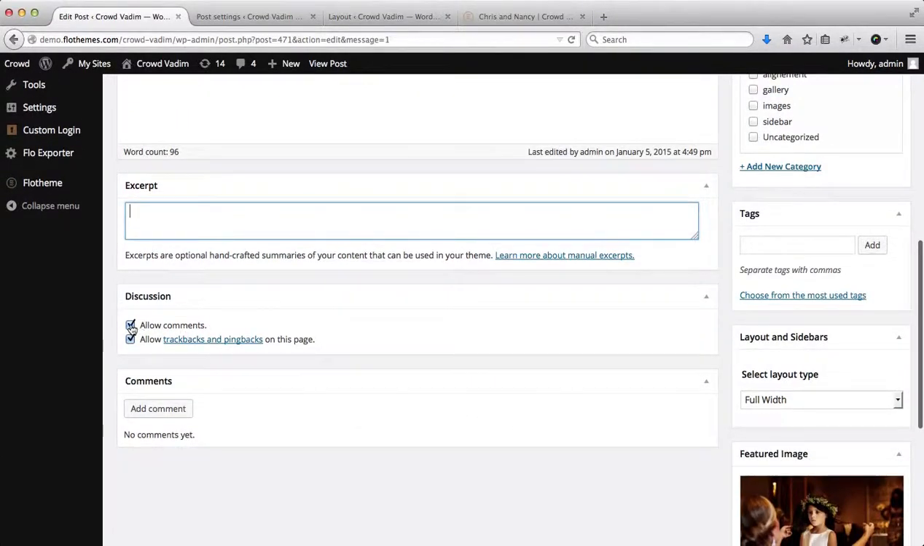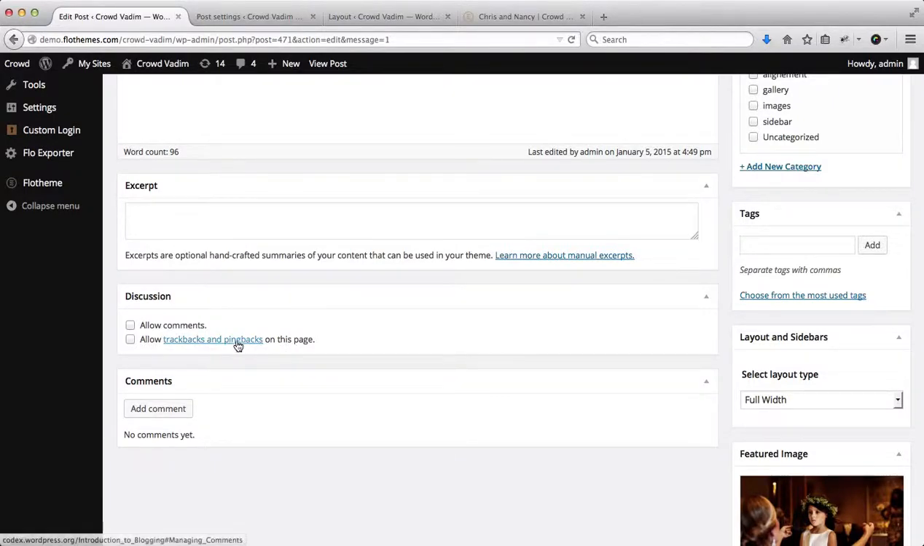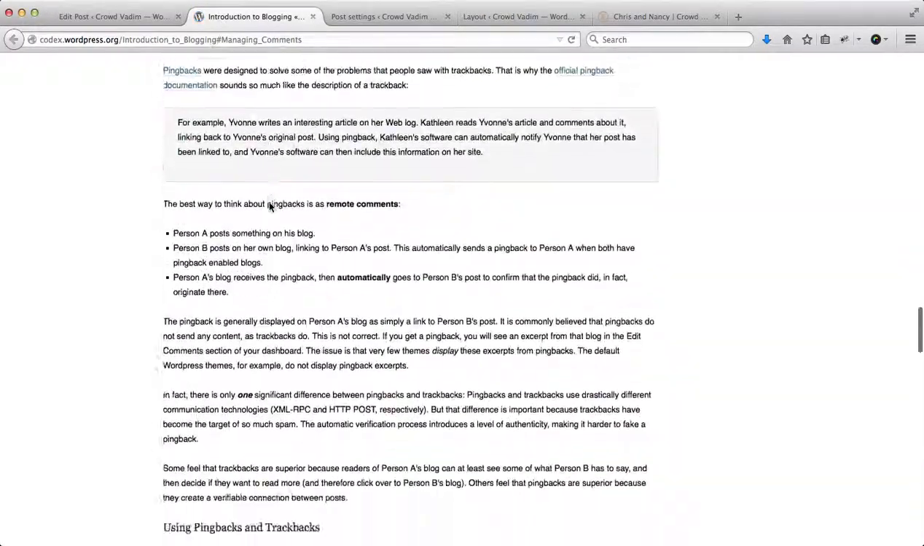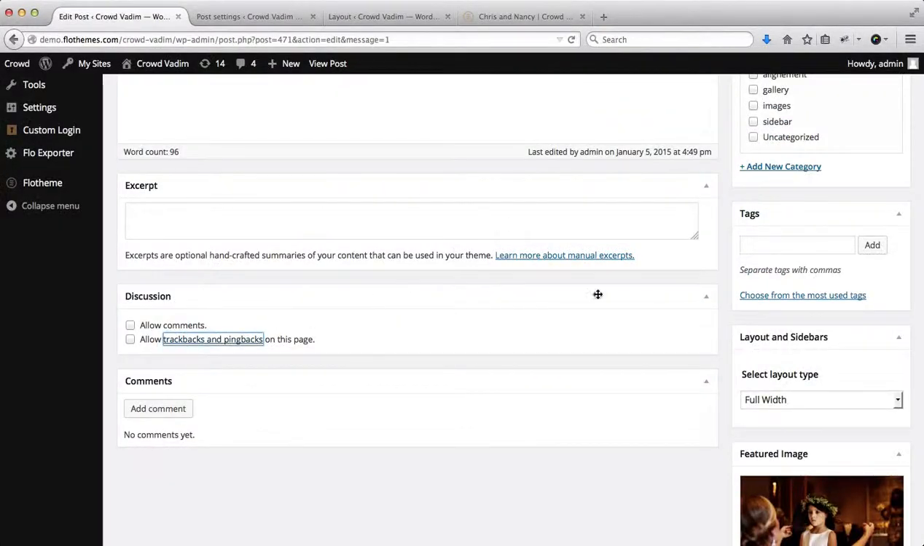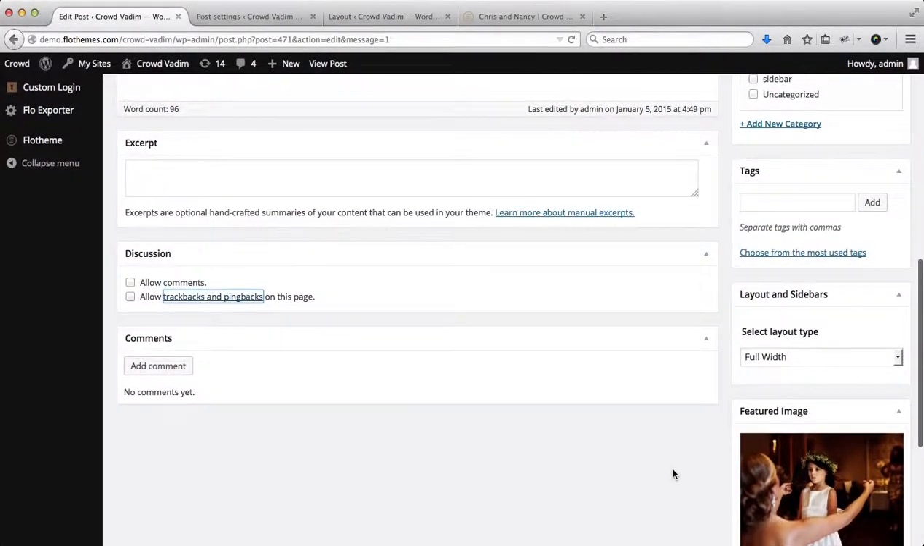Next off, you can enable or disable your discussions, so we'll go ahead and disable these. We also have an option here where you can add trackbacks and pingbacks for the following page. If you're not sure what that is, you can read the full instruction details over here by just clicking that link, so be sure to check that out. And we also have the options to view our comments